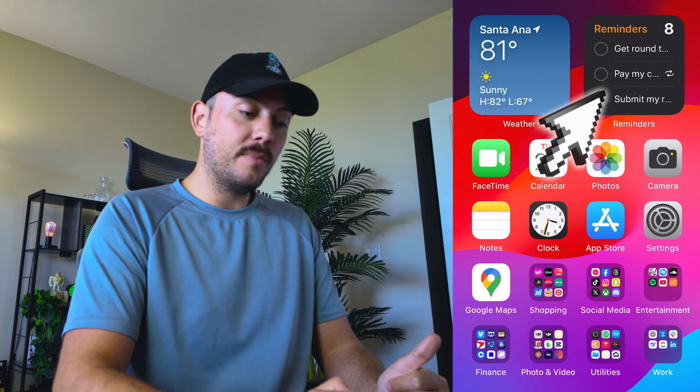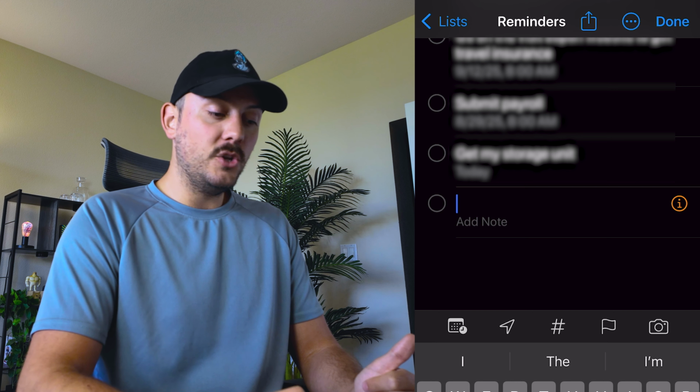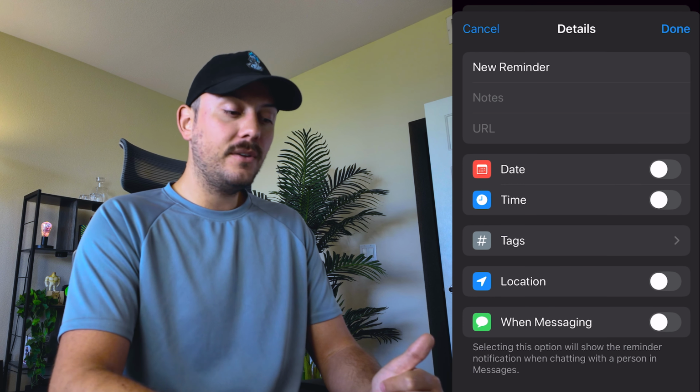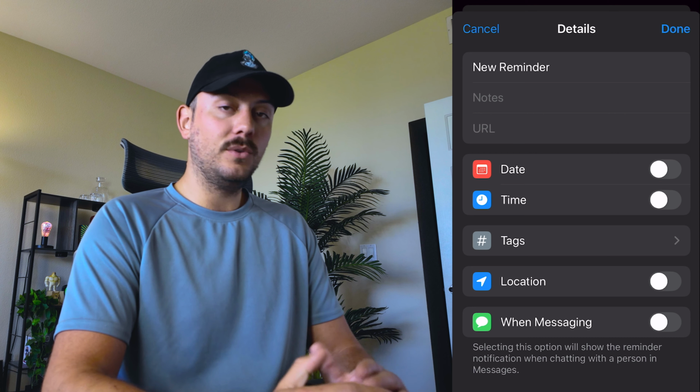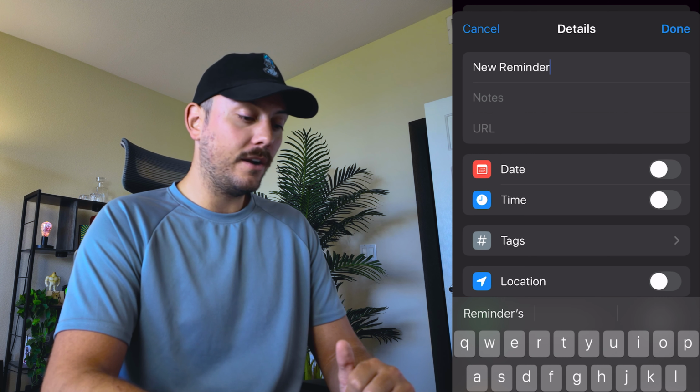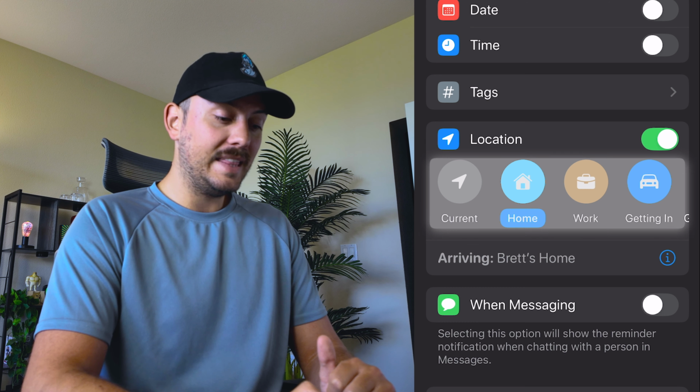Another way to do that is open our Reminders app. Once you click New Reminder, you'll want to click the little orange eye icon on the right. Now you have a longer list of things that you can basically filter your reminder by. So I'll just leave it as New Reminder, and I'm going to go down to Location, and then here we